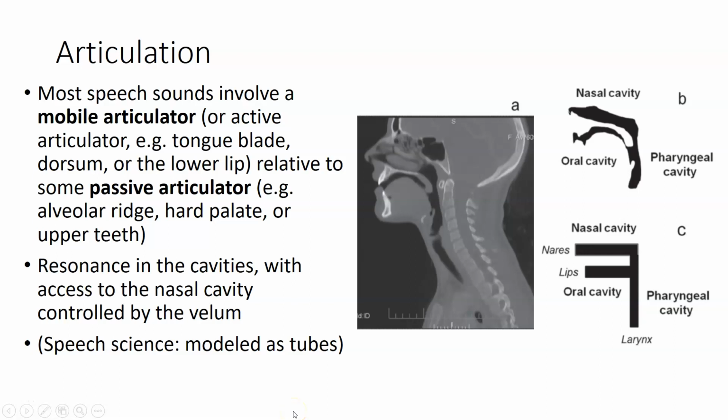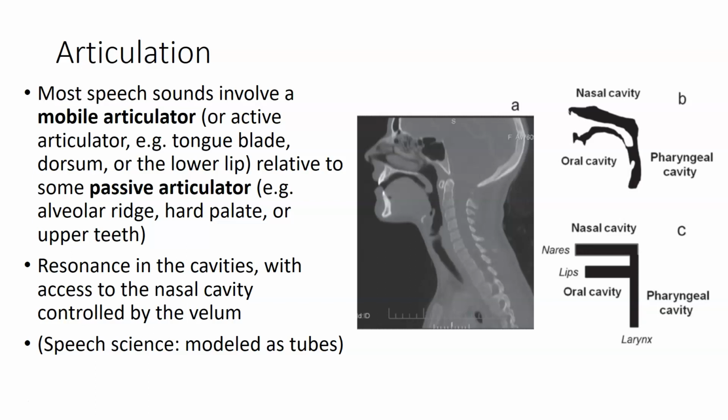Most of our speech sounds involve a mobile articulator or an active articulator like the tongue blade or the tongue dorsum or the lower lip, relative to some passive articulator like the alveolar ridge or the hard palate or the upper teeth. These articulations create resonances in the nasal, oral, and pharyngeal cavities, with access to the nasal cavity controlled by the